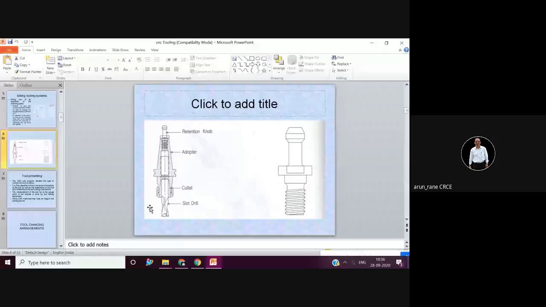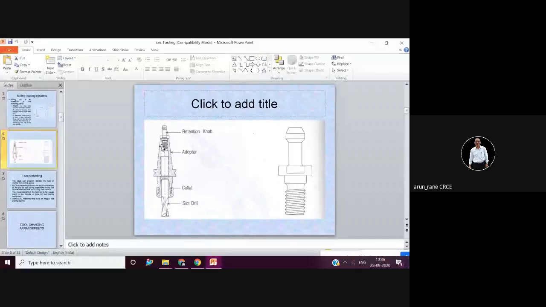In the taper, you have something called a collet. I'll show you how the collet looks, and in that collet you are holding a tool. Here it is a slot drill. The purpose of a slot drill is to cut a slot.